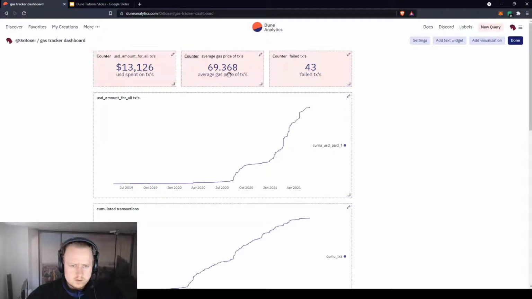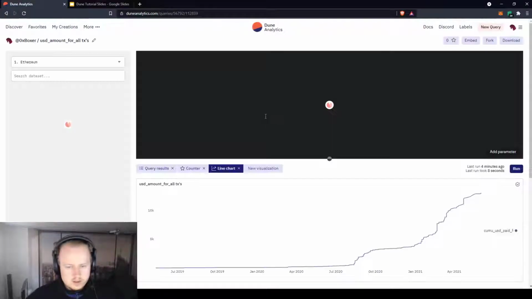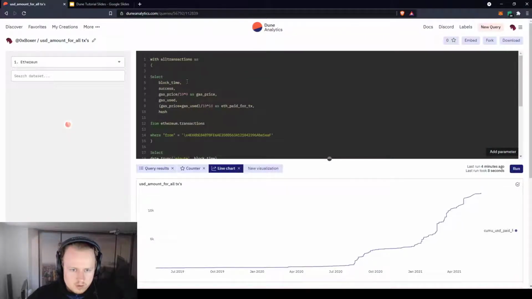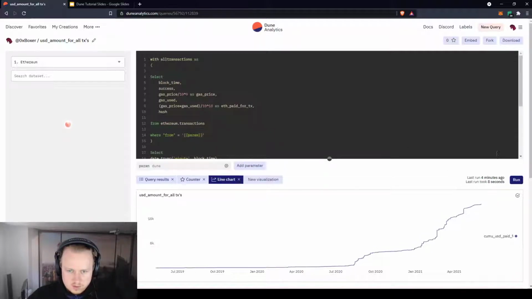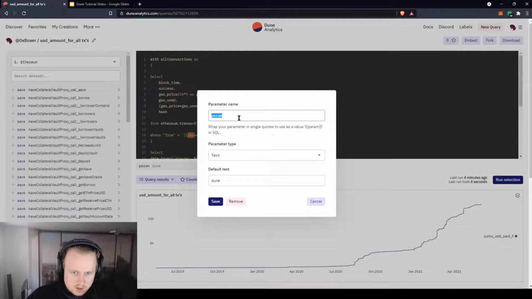So yeah, parameters. We're just going to click done, so we can actually open our queries again. And what I want to show you here is that instead of just having this for Dune Spartan or just for my address or any address, we filtered here for an address, and we can just make this dynamic. So we could just say I want to add a parameter, and then this is the parameter name,